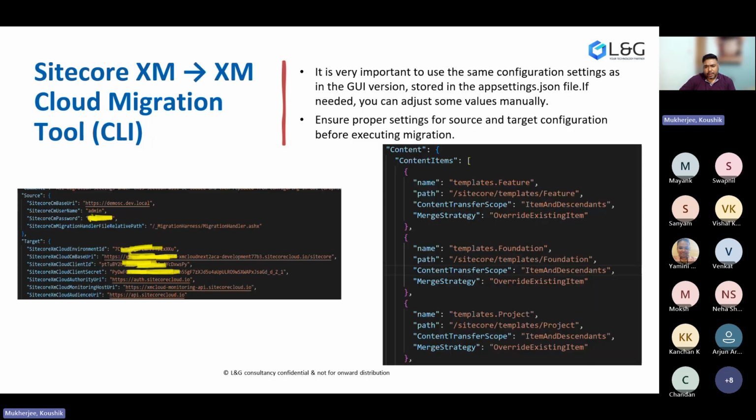The same thing you can do using the CLI also. The same configuration you need to do, but you need to do it within the app settings file. There is one file called appsettings.json. Within that file, you can do the configuration: provide the base CM URL, username, password, and the target one. I mean, the XM Cloud environment ID, base URL, whatever we have provided in the GUI, you need to provide here